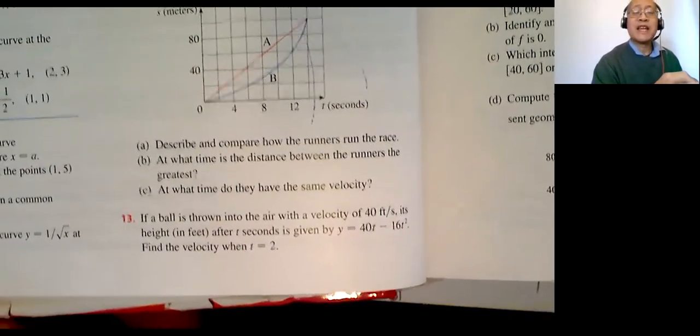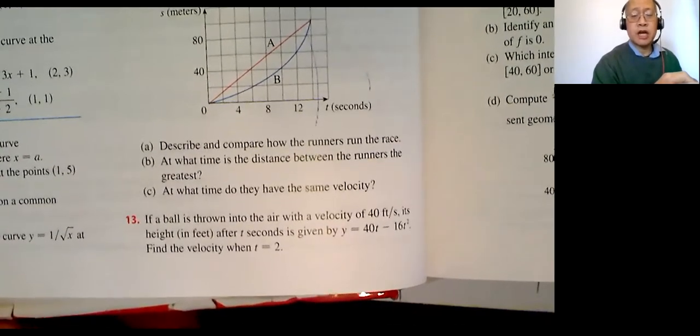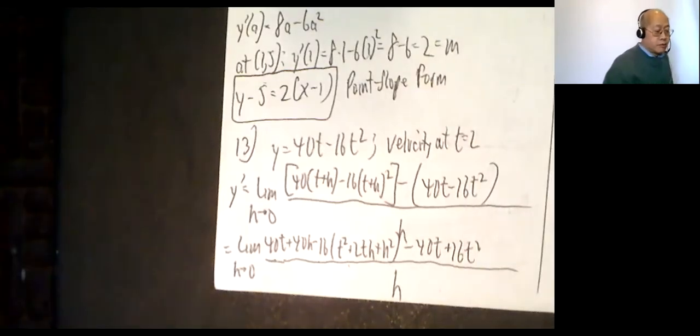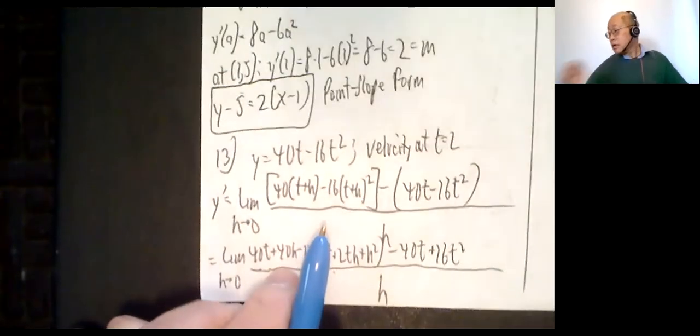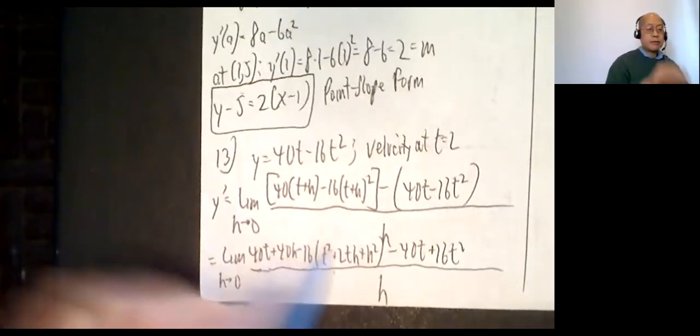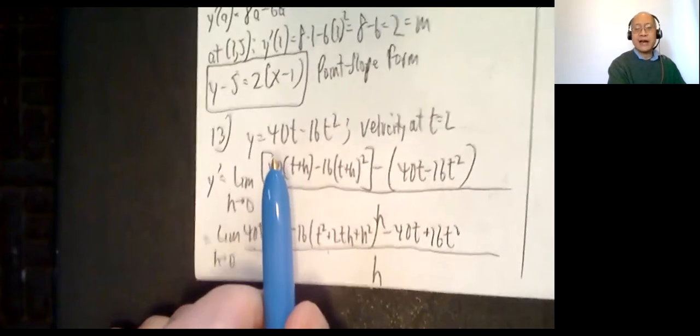So velocity meaning instantaneous velocity. So it does mean derivative. Okay, so whenever you see velocity or instantaneous velocity, it is a derivative. So find a derivative at t equals 2. And yes, once again, you people who know the shortcut, you want to do the shortcut. Sorry, you can't do it. Okay, I'll let you use the shortcut as a double check, I suppose, but you can't have that big of